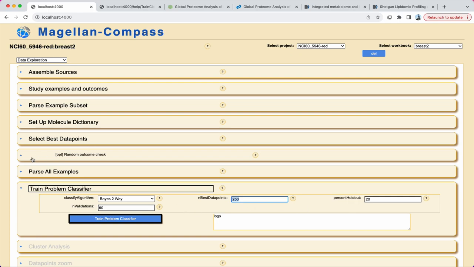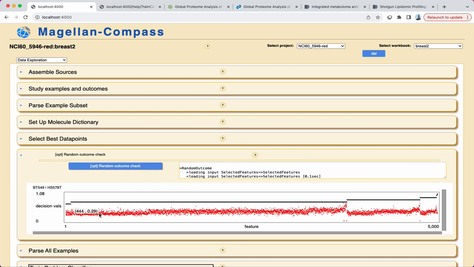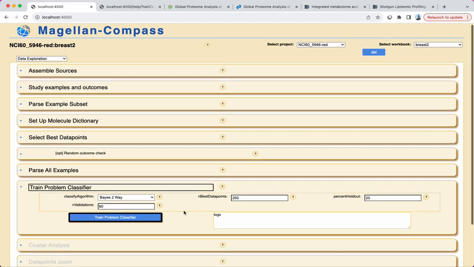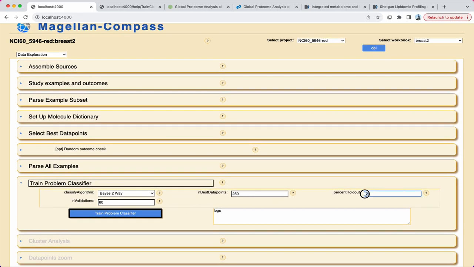Seeing what decision value scores exceed random noise in the data is an important point here, and I recommend earlier videos on the random output check module for more information. Finally, the user sets the proportion of the files to be withheld from training and used to test the resulting classifier, as well as how many times this exercise will be repeated with different data selections.